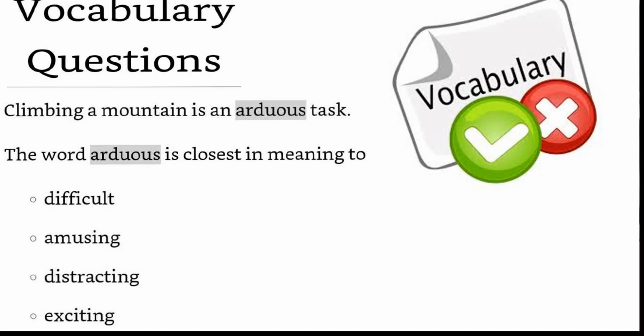Vocabulary questions. Before we discuss and analyze vocabulary questions, I will give you some brief information on what we will do. We will cover vocabulary questions, detailed questions and negative detailed questions, then inference questions and reference questions, purpose questions, sentence insertion questions, paraphrase questions, summary and chart questions. For today we are going to start with vocabulary questions. This is the longest theme